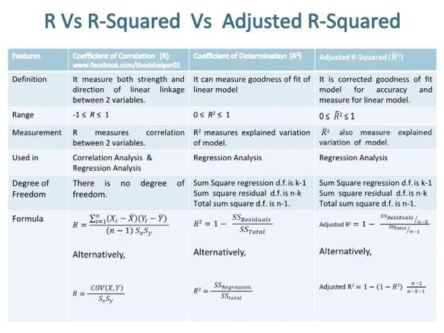the definition of coefficient of determination is that it can measure goodness of fit of a linear model. While the definition of adjusted R squared is that it is a corrected goodness of fit of the model for accuracy and a measure for linear model. The range of coefficient of correlation is between -1 and +1, while the range of R squared